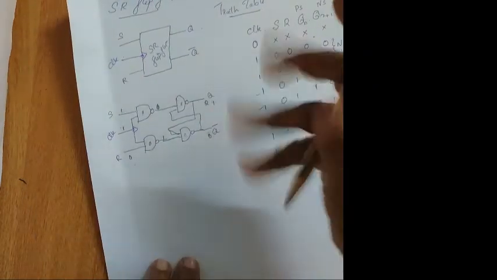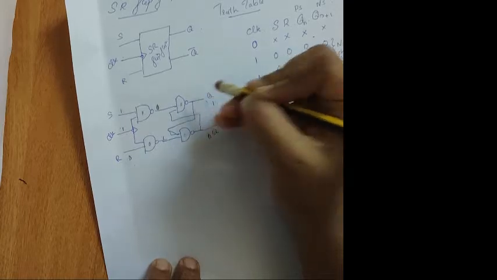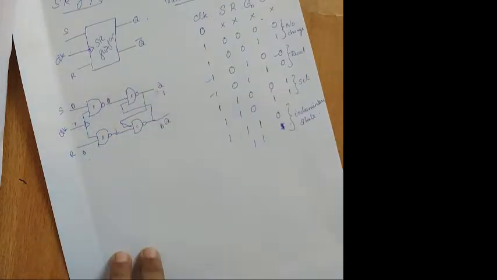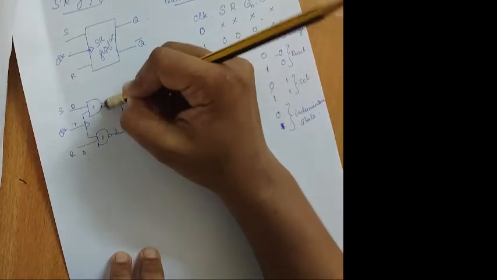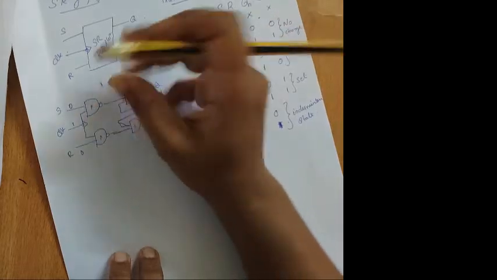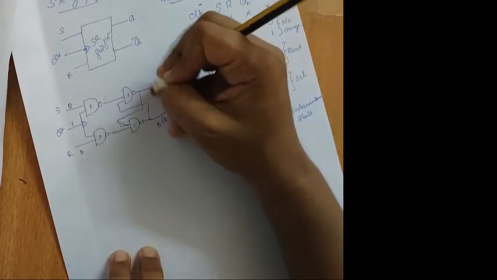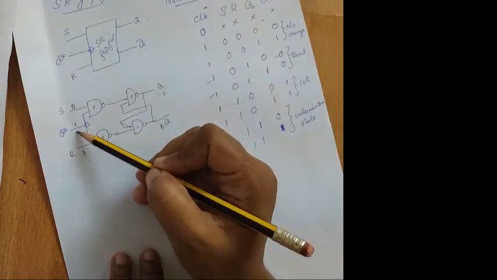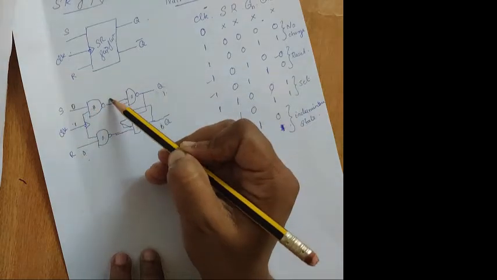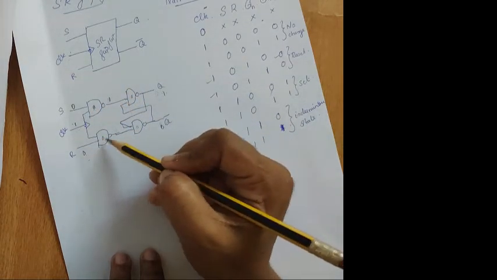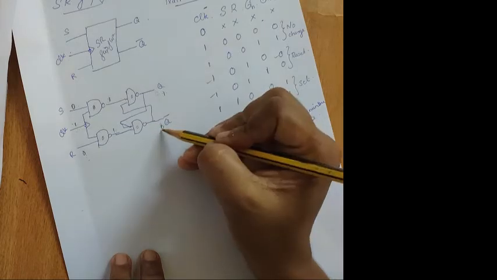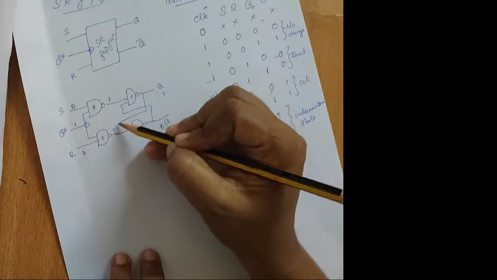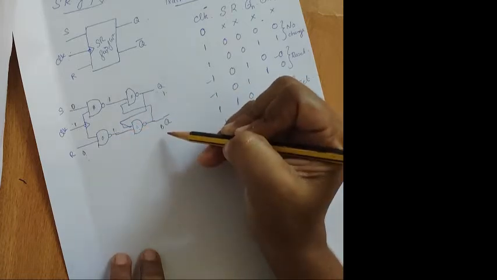Okay. Now I'm showing you. We were in the previous 1, 0 statement. Now I'm giving the 0, 0 statement over here. I told you it is a no change statement. So what was happening in the previous state will remain as such when you're giving 0, 0. So 0, 0 statement, 0, 1, 0 is 0. This will be 1. 1, 0, 0, this will be 1. Now 0, 1, 0, output will be 1. 1, 1, 0, output will be 0.